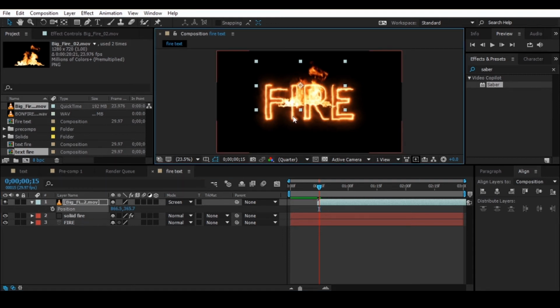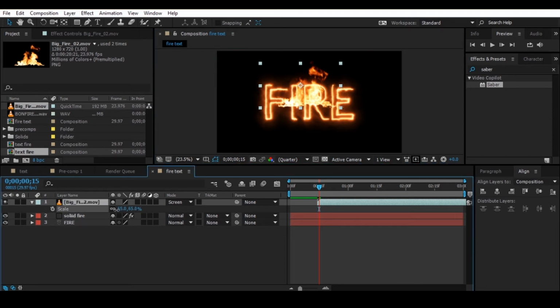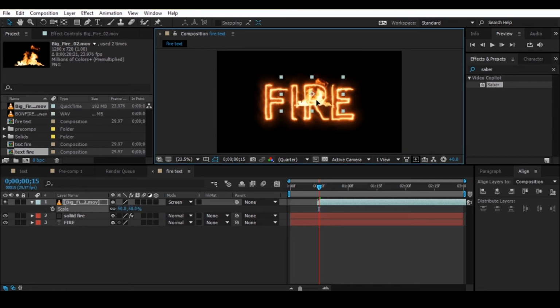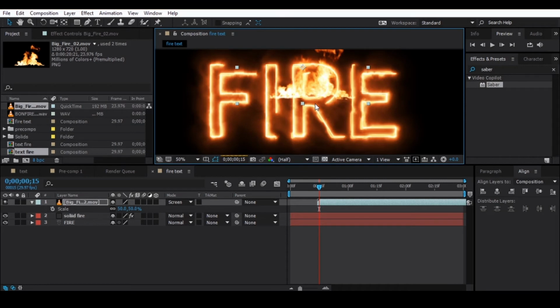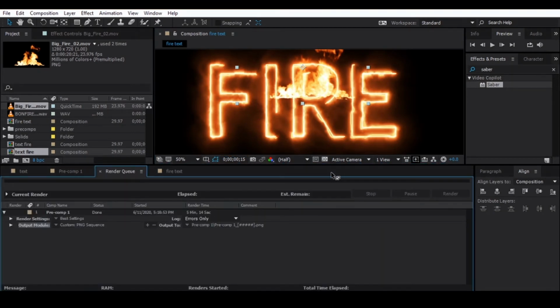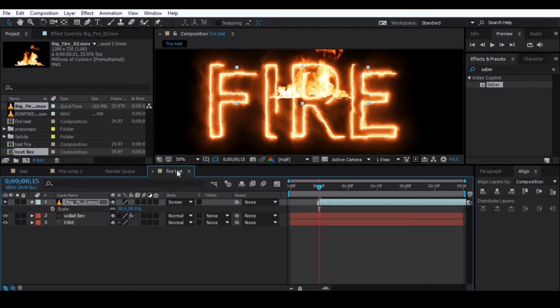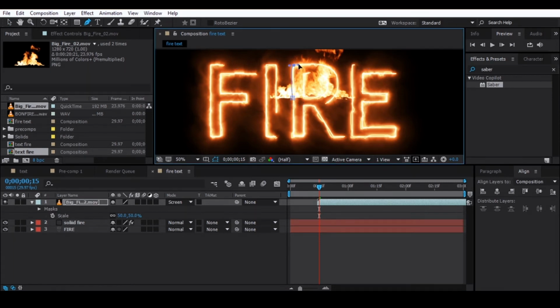We'll go to the scale and make it smaller, so that I can put it over here in the R. Now as you can see, I have put it over here. If I zoom in a little bit, you can see that it is spread over here. I don't want that. So I will go to the layer, pick up the pen tool, and draw a mask. This will be a rough mask, you can be precise.